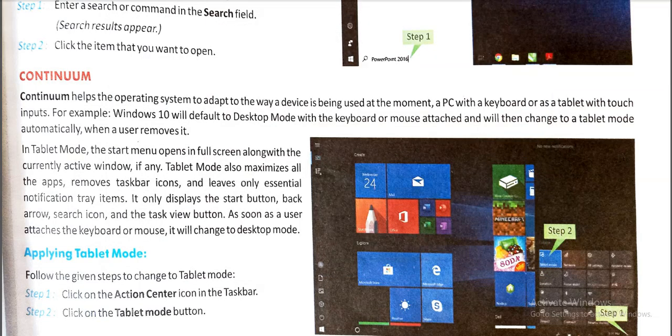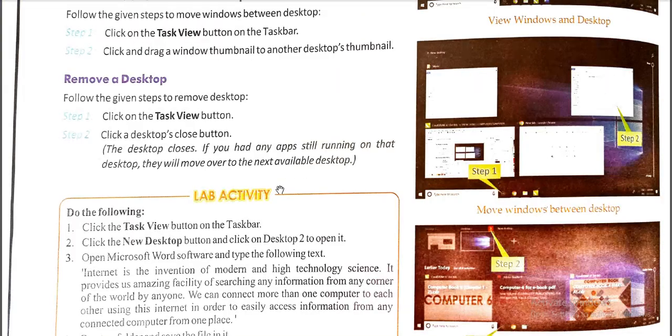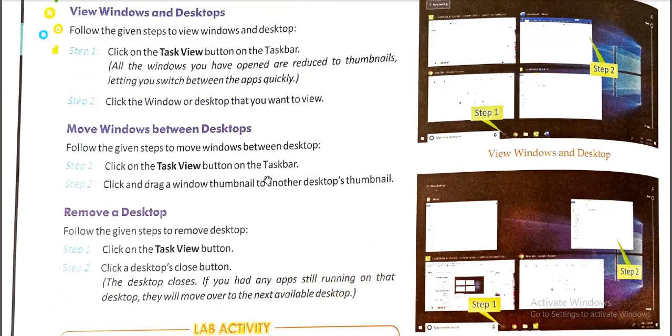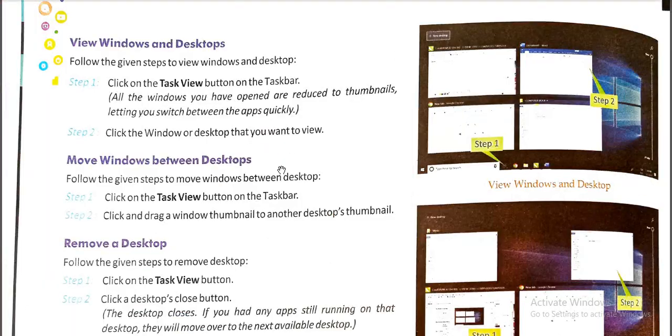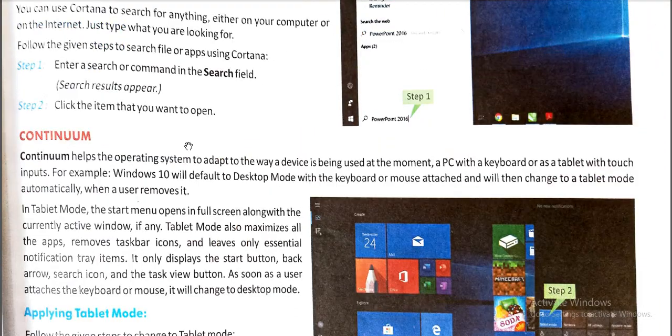So let's start the topic continuum. Okay, and the chapter is the second chapter. Yesterday you already learned about this chapter, what is Cortana, removing a desktop view, Windows and desktop. Okay, so today we are going to start the topic